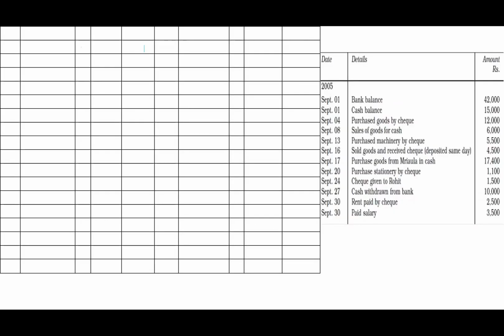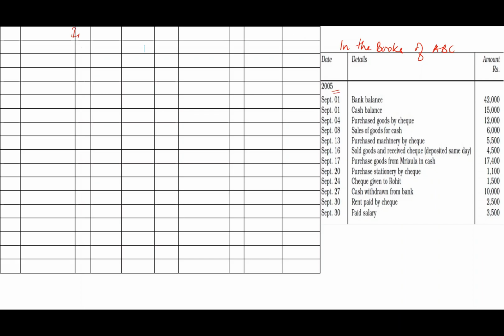So as I told you, today I'll be doing cash book with double column. That's the specification. That's why I've taken this class. In the next class, I'll be showing you petty cash book, which I explained earlier. Now, on the right hand side, you can see I have got transactions for a month. So let's say it's in the books of ABC. In the books of ABC, all these transactions are here. So when you're doing your cash book, this is for the month of September.